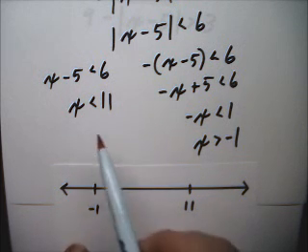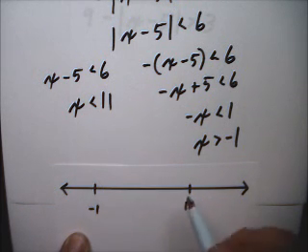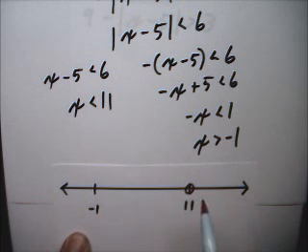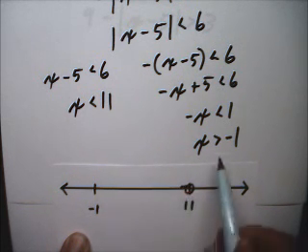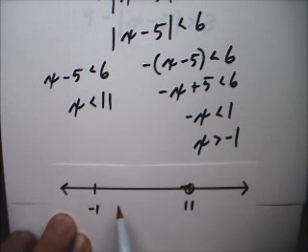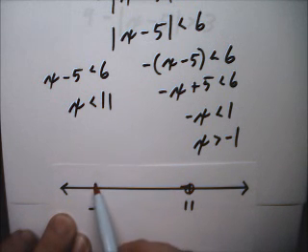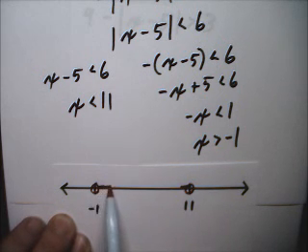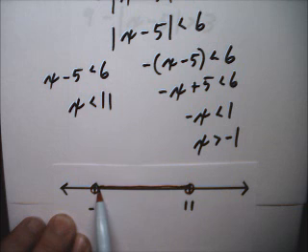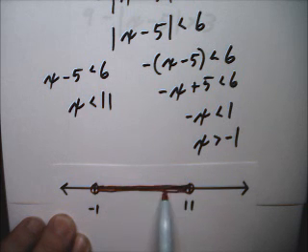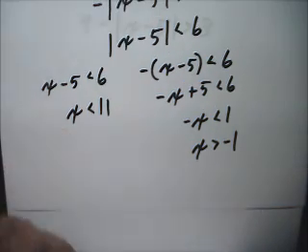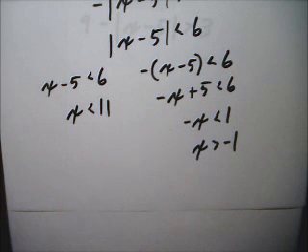So if x is less than 11, that's going to be an open circle on the 11, and less than is this way. X greater than negative 1 is an open circle on the negative 1, and everything this way. So because the graph ends up together like this between the 2 points, this is an AND condition. So I can put these two together into one